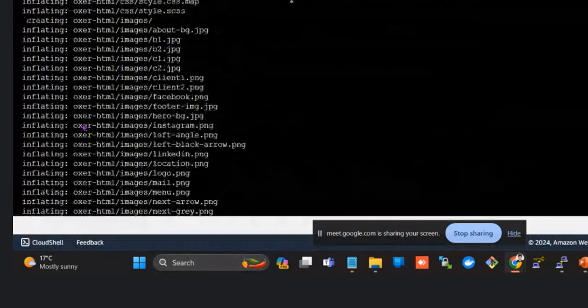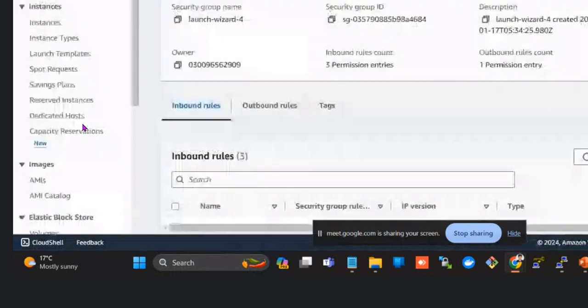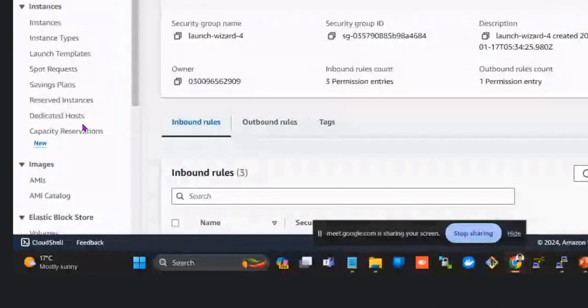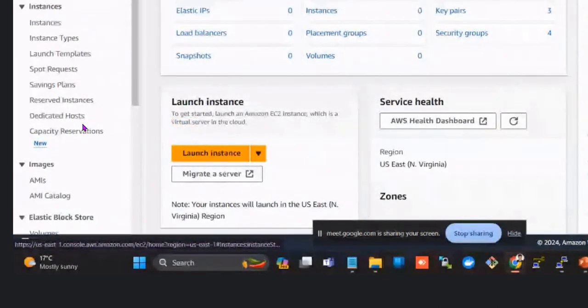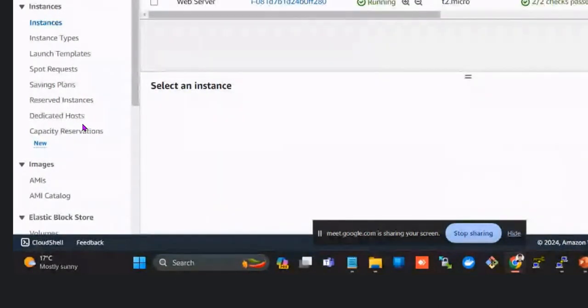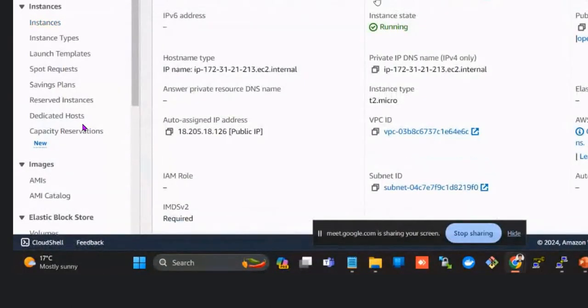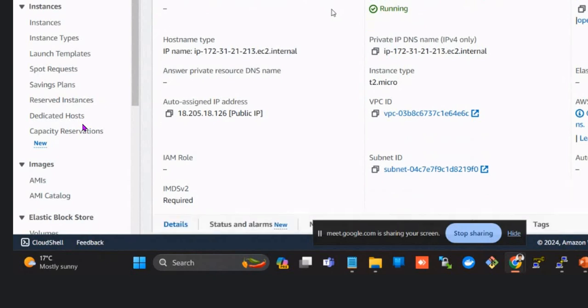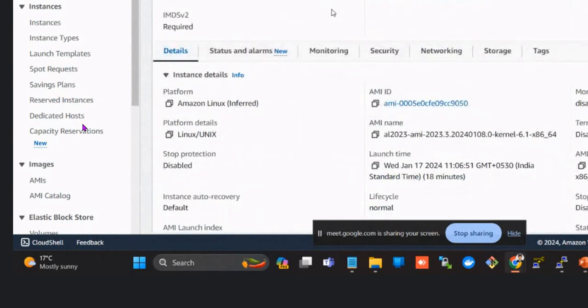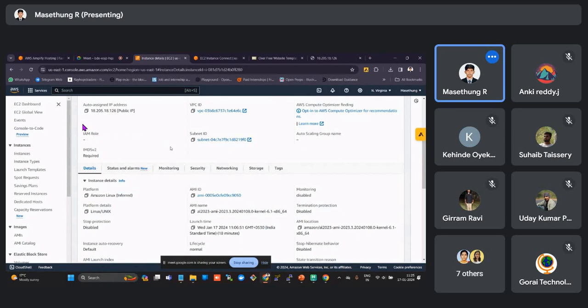It has some errors, or I will check. Inbound rule and